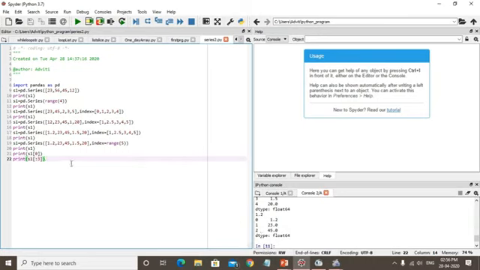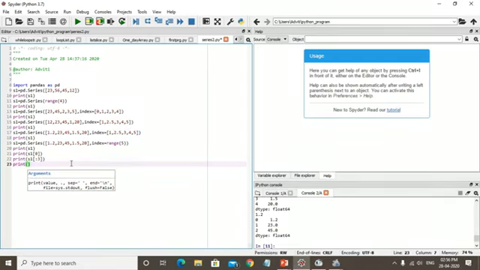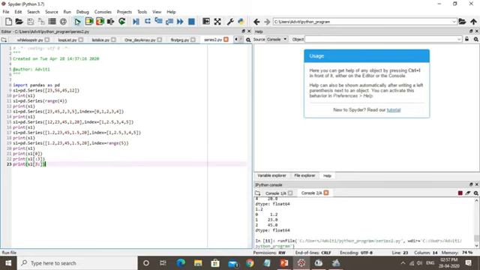Suppose we want to print the last 3 index values, then we can give the command print S1 and then define the last 3 values. So we can display in this format and then run. Now you can check here the last 3 values, but we have only a total of 5 values, so from the third position it displays till the end.